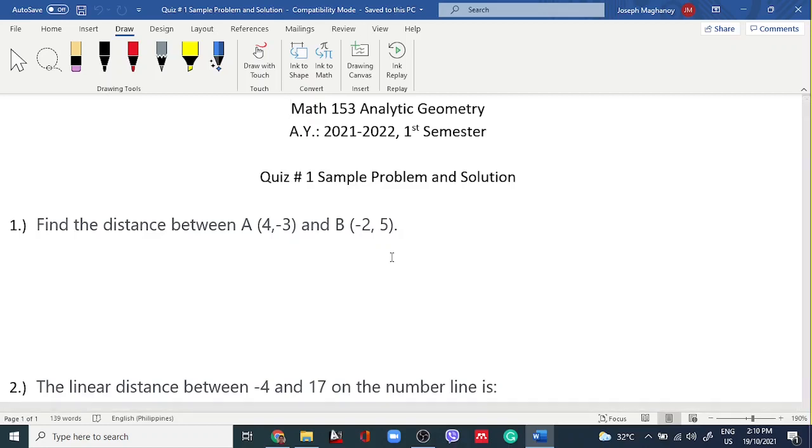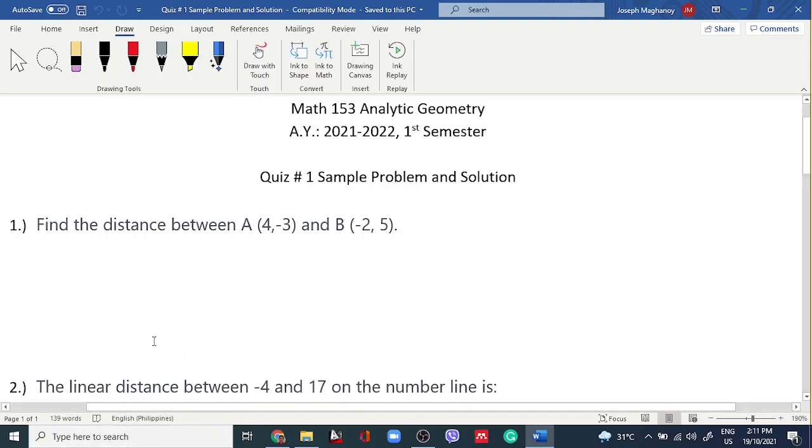Good afternoon, class. We're going to discuss the quiz you took last weekend, for Math 153 Analytic Geometry, quiz number 1. We have a sample problem and solution. After the discussion of this quiz number 1 sample problem and solution, you're going to take your supplementary quiz